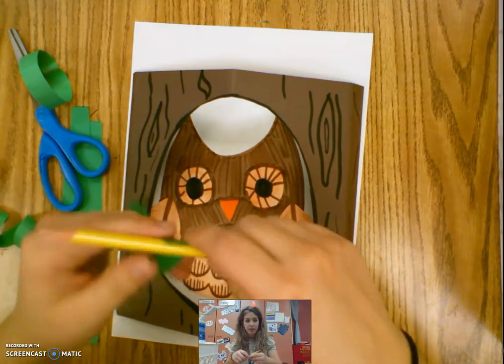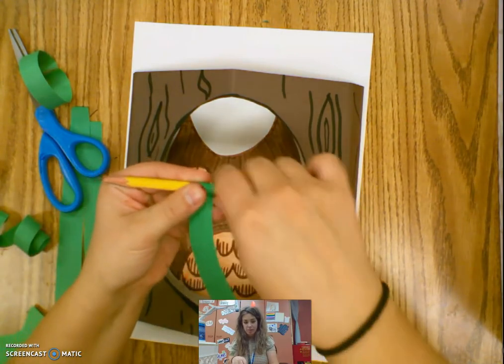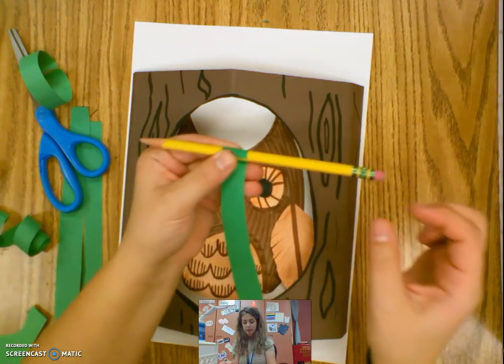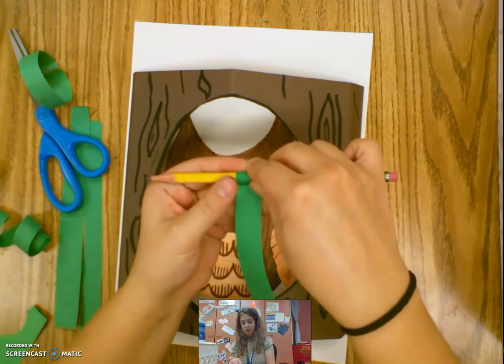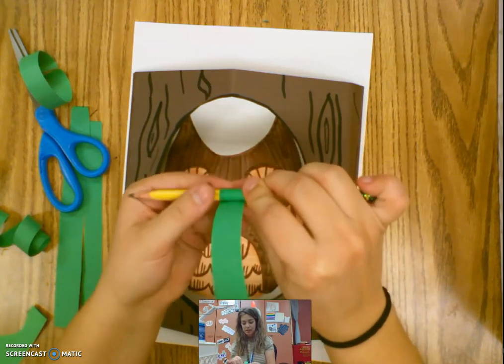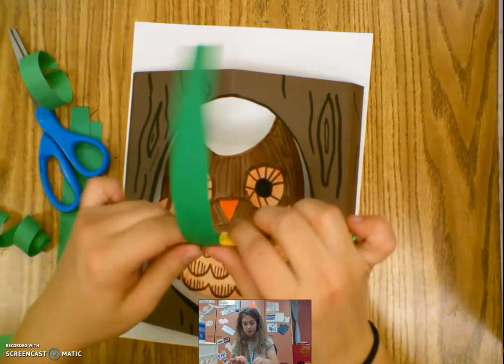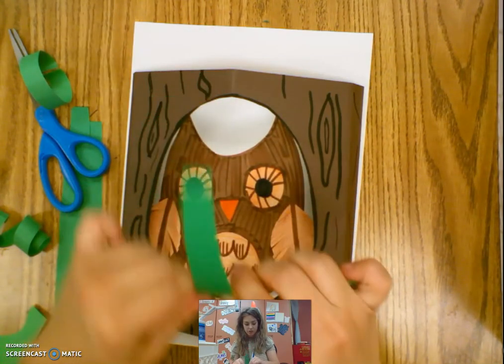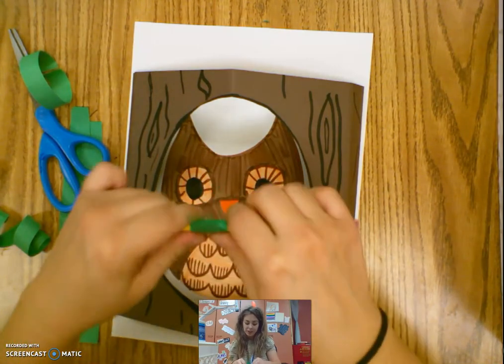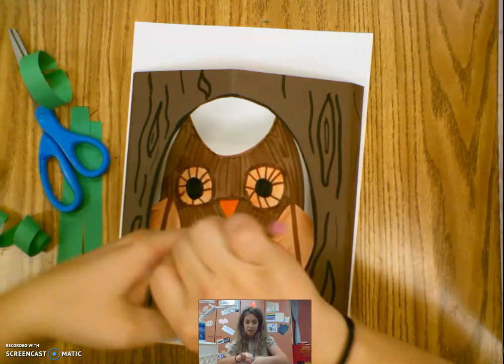So I'm going to show you one last time. I wrap it around my pencil. I hold it down with my thumb whenever I start wrapping, just so I can make sure it gets it. And then I wrap it around my pencil. And that'll make it go from straight to curly. It's going to give it some texture. And then I'm going to squeeze